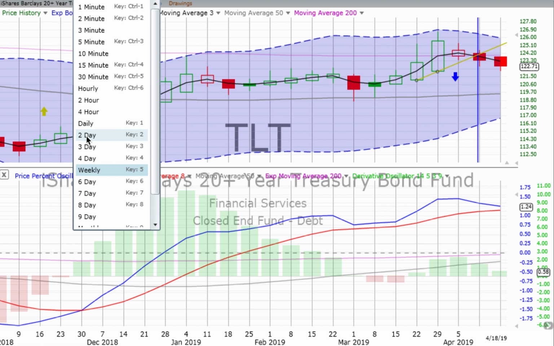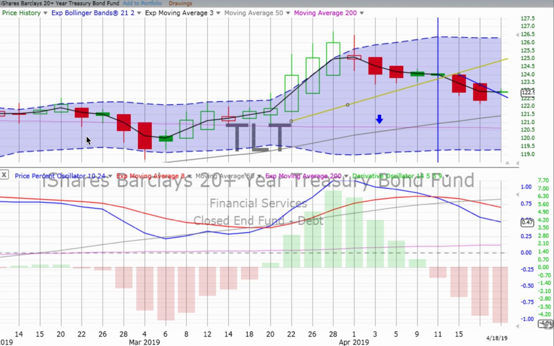But as one would expect, if stocks are doing good, bonds should move inversely. Why? Because bonds are typically a safe haven. If stocks are doing good, then people want to get more of a return and go into the market. So what do we see happening on the 2-day chart?